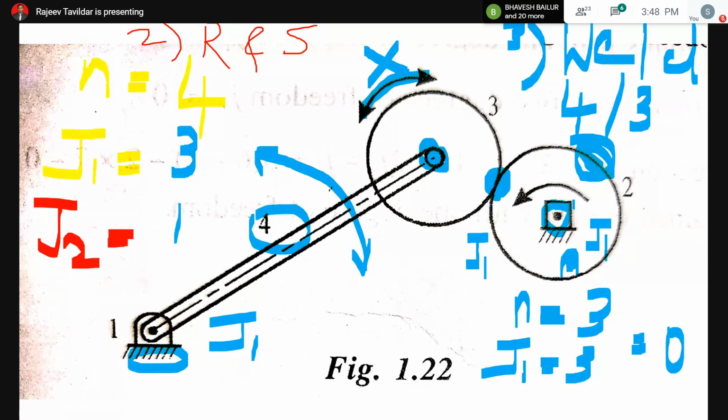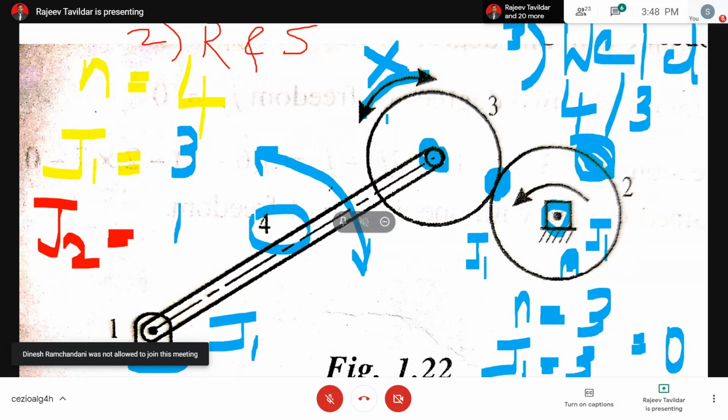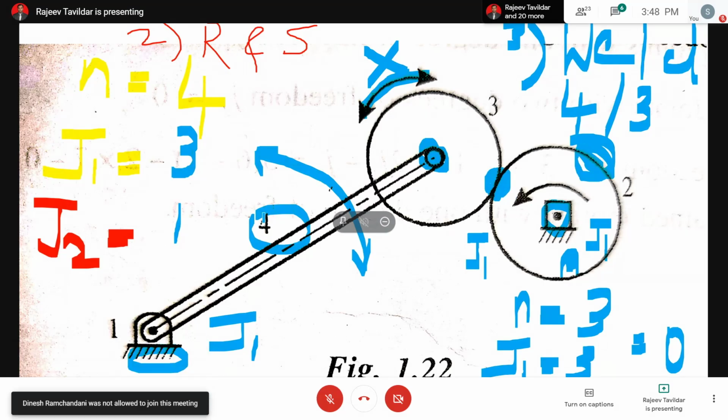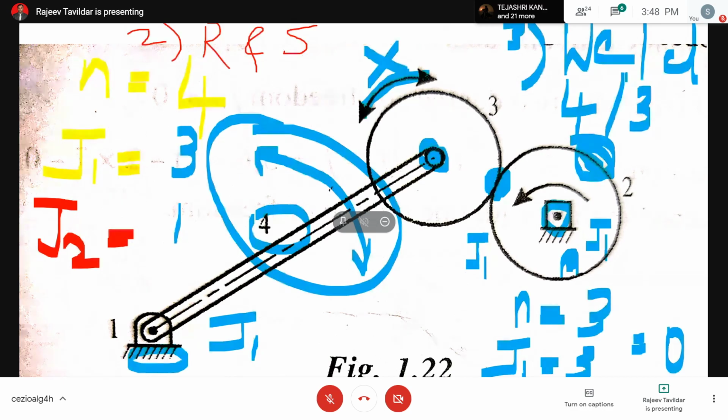It will keep on oscillating. Why? Because link 2 does not have the rotation point at the center. It has an offset, due to which it will keep on wobbling. And because link 2 is wobbling, link 3, which is in contact with it, will make link 4 oscillate in this direction, as I've shown here. So in either case, the connection between 3 and 2 will not change. The connection between 3 and 2 will be either purely rolling, or a combination of rolling and sliding.